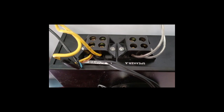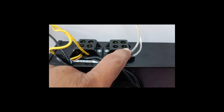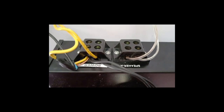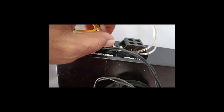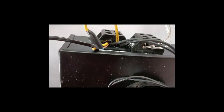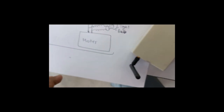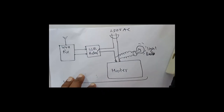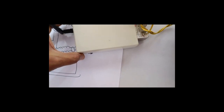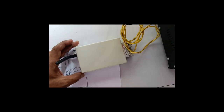box, there is a power in, this is supply in, speaker out, similar to what we saw earlier for the transmitter side. One wire goes to the AC switch. Sorry, the circuit diagram is practically not properly visible, but if you look at this diagram, it has the wiring there. To power it on, we need a USB charger or USB cable to supply it,